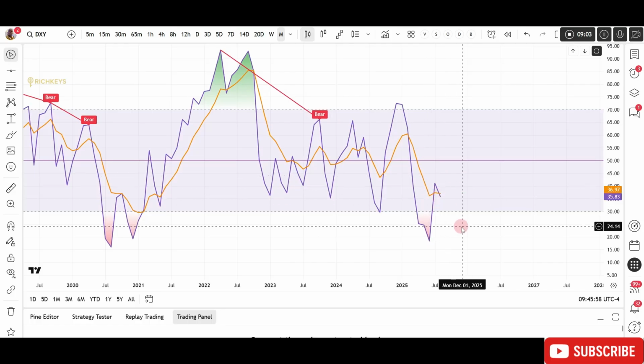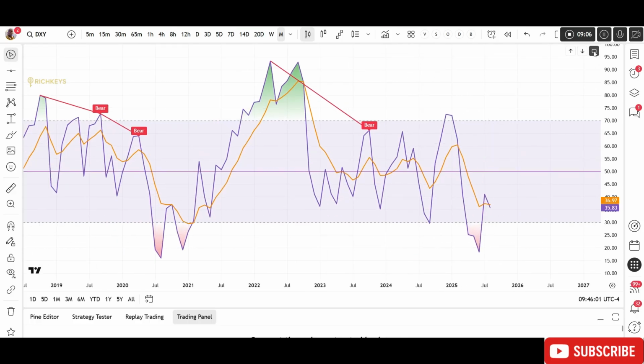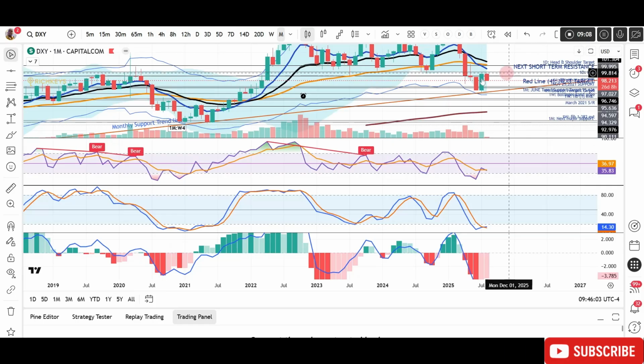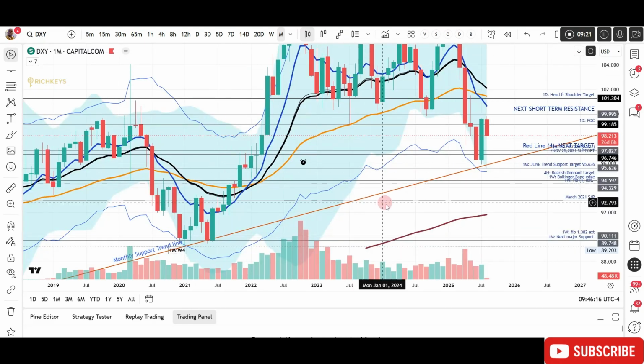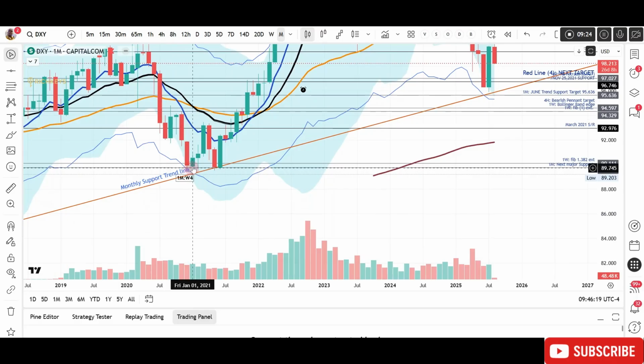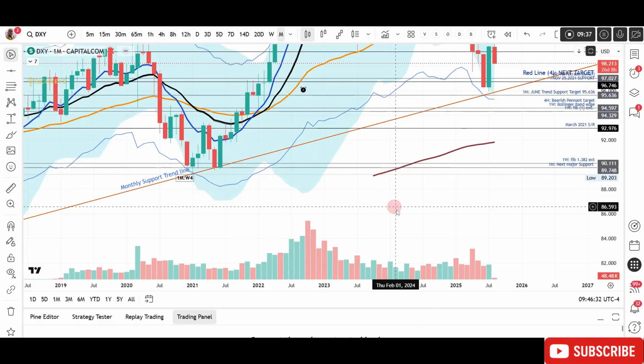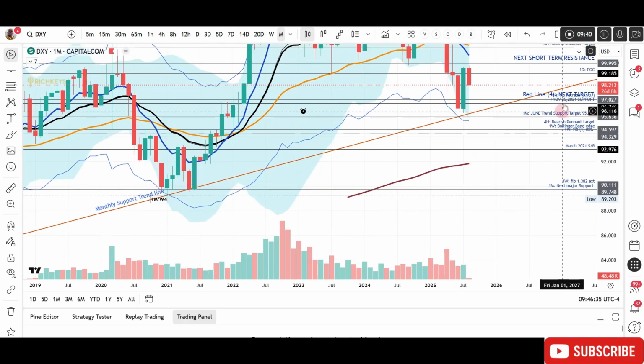So that's a similar thing that I'm looking at on the dollar index in the coming week. If we do get any reversal candlestick, probably going into next month, not this month, August, but September, that would be similar to what occurred here that I was just showing you. Here, we came low, we went up, but then in this case we came to the same low. So there's also a possibility that we might come right to this same low or slightly lower, and then form our divergence on RSI on the monthly before heading our way up.